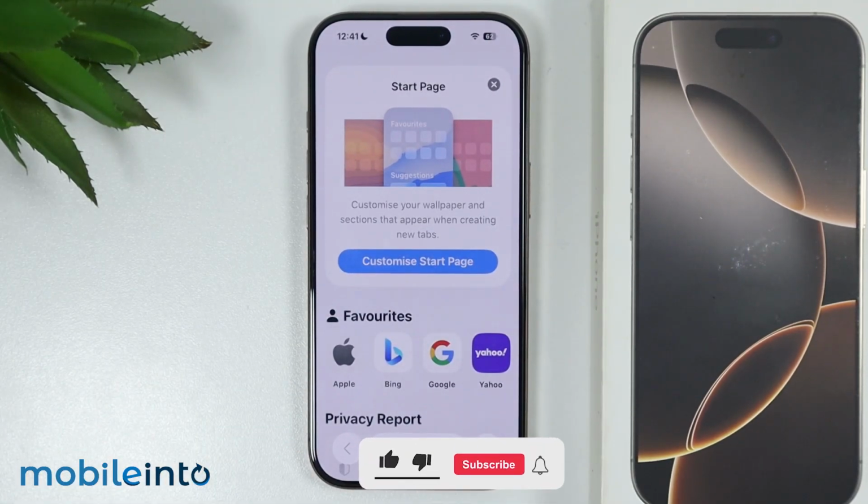And this is how you can clear the Safari history on the iPhone 16, 16 Pro, Pro Max and the